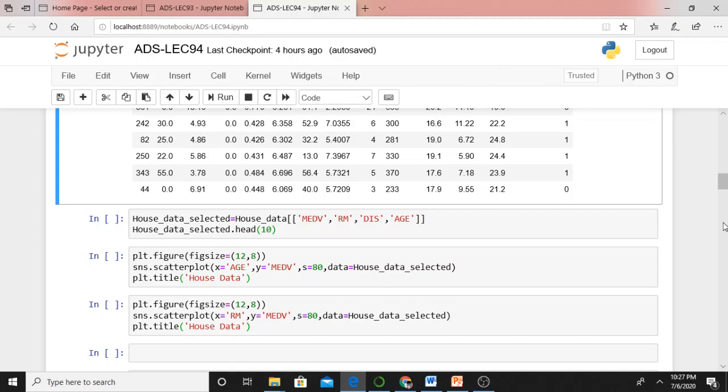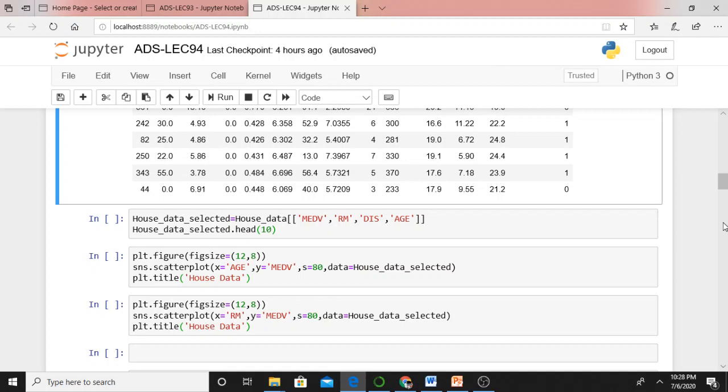I am going to select a few interesting features from my data set for further exploration: the median value of the home, the number of rooms in a house, the distance from employment centers, and the age of the owner of the house.